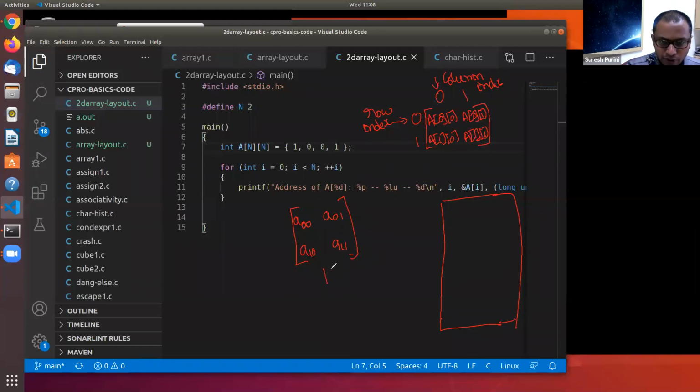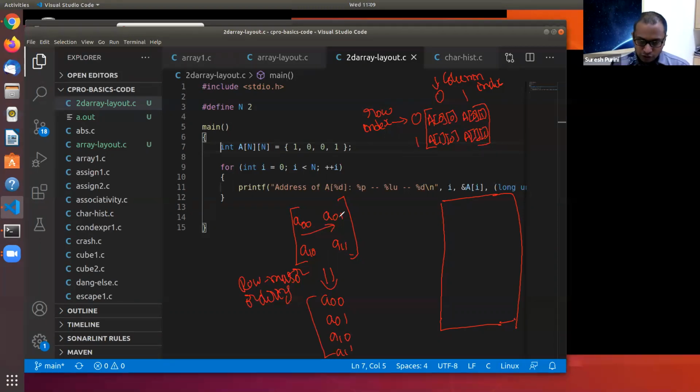So this 2D array is mapped to a one-dimensional array which looks like this: A00, A01, A10, A11. This mapping is called row major order. That means in the memory you first store the first row, and after that you store the second row.